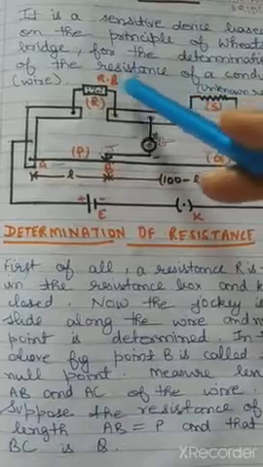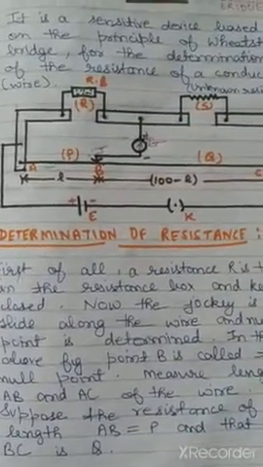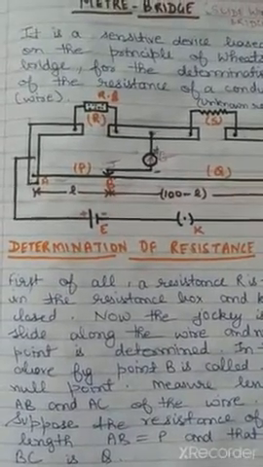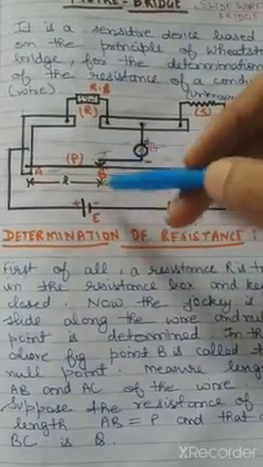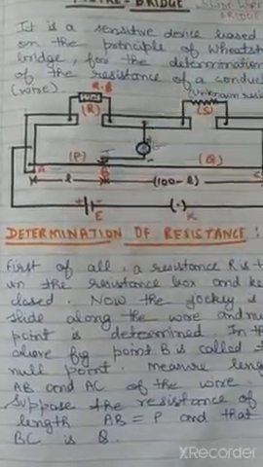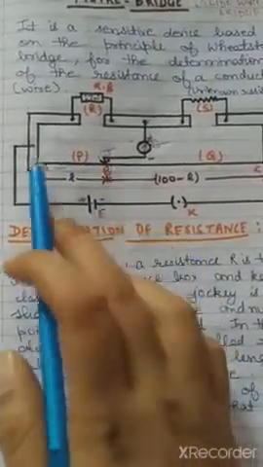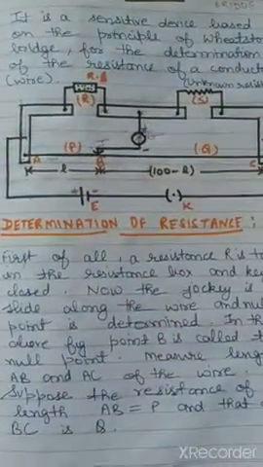now we remove one resistance from this resistance box. So we take out one plug, like 1 ohm if we are giving. So first we will start with 1 ohm. So we remove the plug of 1 ohm, and now we start touching this jockey on this wire. Before that, first we touch this jockey on this point and on this point, like 0 centimeter and 100 centimeter.